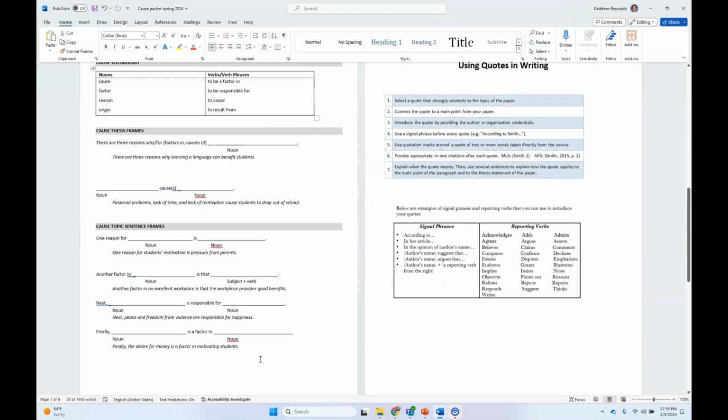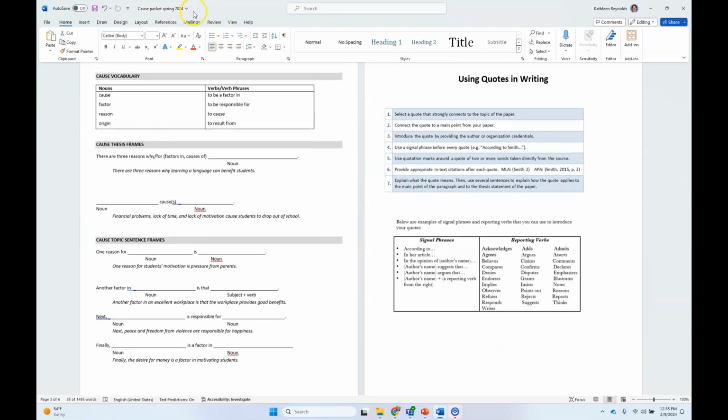Okay, and on the next page of your cause packet, which is attached to the assignment, you can see the same toolbox of cause vocabulary that we had for the effects. You could see 2 different ways to write a thesis using causes, and you can see 4 different ways to write a topic sentence using causes as well.